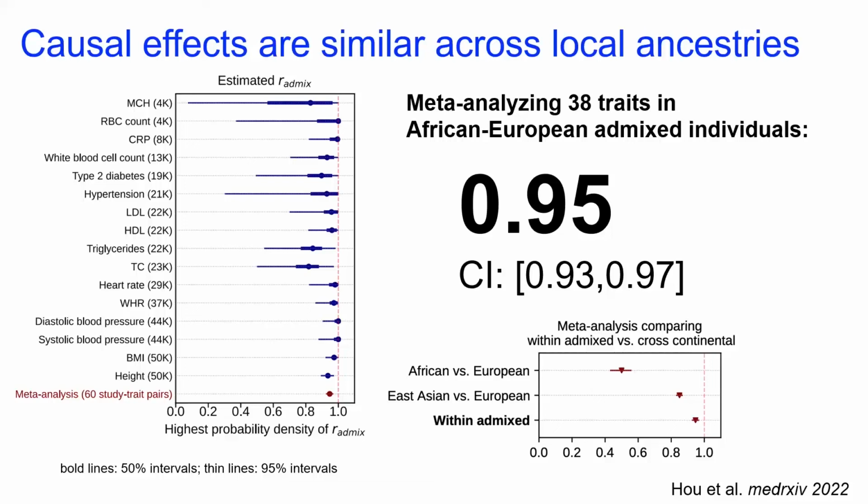Yes, I think the transferability of PGS is directly addressable by differences in frequencies. So I think that would explain almost everything. I do think that in admixed individuals, the causal effects are almost always going to be the same. So we can use that knowledge when we design, and by causal effect, I mean the allelic effect. The frequency was still there when we design all sorts of methods, from mapping to polygenic risk scores. And when we look at transcontinental or other types of non-admixed, if you will, individuals, then there's a role for a lot of environment to change the way we observe these effects.